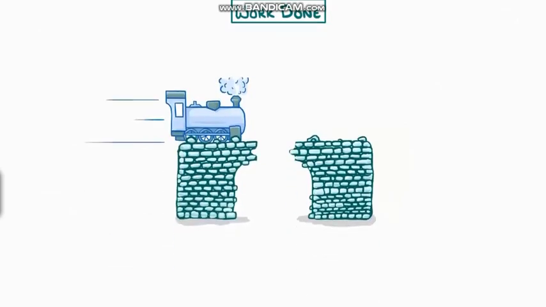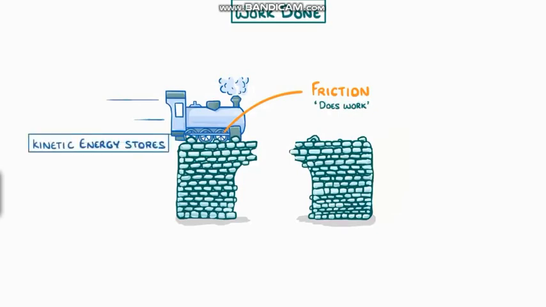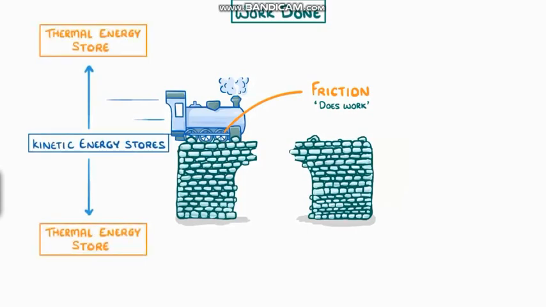To put this into practice, imagine a train that's about to cross a broken bridge. In order to stop, it applies the brakes, which creates friction between the brakes and the wheels. We say that the friction does work as it slows the train down, because it causes energy in the wheel's kinetic energy stores to be transferred to the thermal energy stores of the surroundings in the form of heat, which will